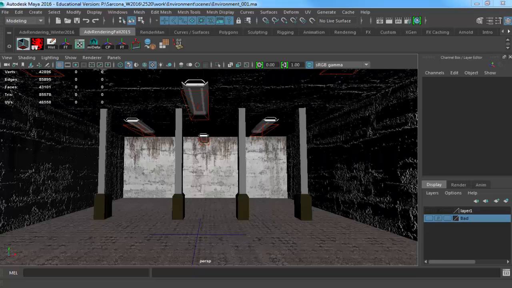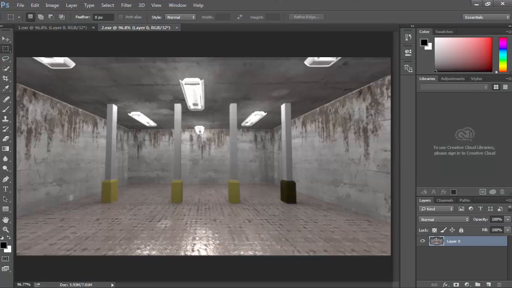And we talked about how we should lay out our environments first. You don't just jump in there and start building an environment. You want to lay it out, get a feel for the environment, where you're going to be setting your stuff up, what's going to be going on in the scene. So in this scene, I have just a very simple setup. And the purpose for this is I want to show something we have to always keep in mind, which is